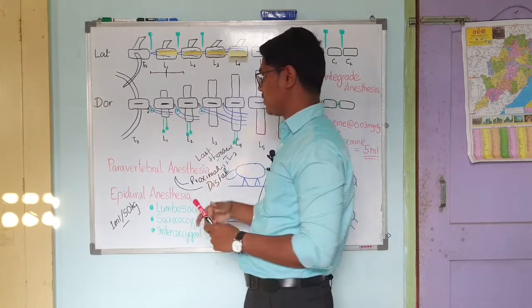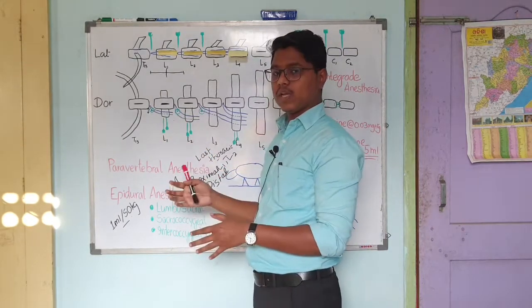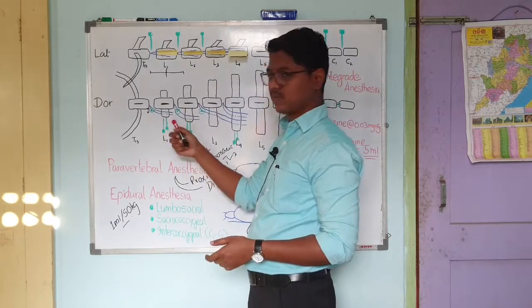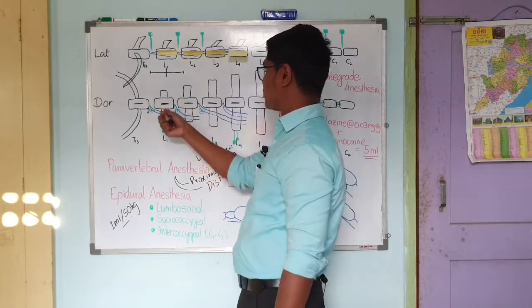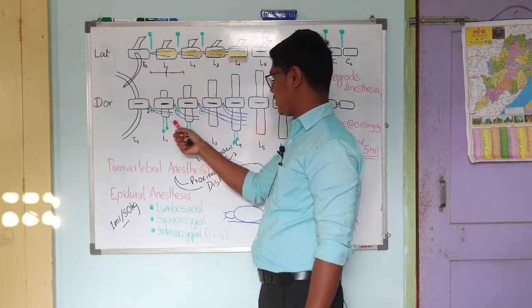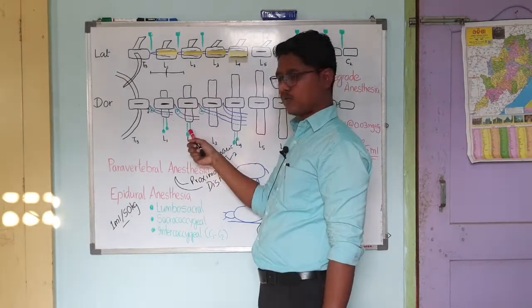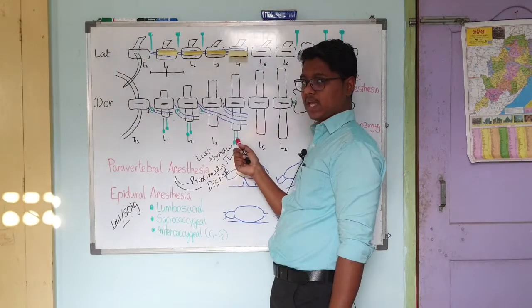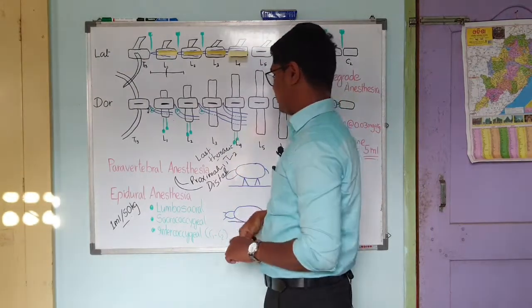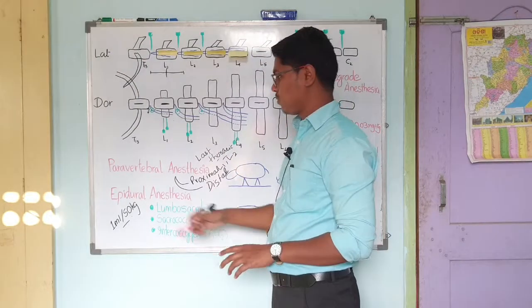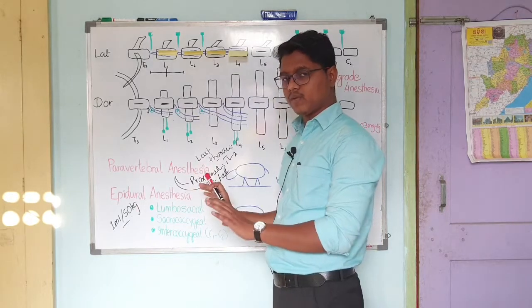It is really difficult at field level, and only after you get expertise can you do that, but it is difficult. So better go for proximal. Similarly, for the L1 nerve, go over the L2 wing, and for L2, over L4. This is distal paravertebral anesthesia. Go for proximal, you will get very good results.